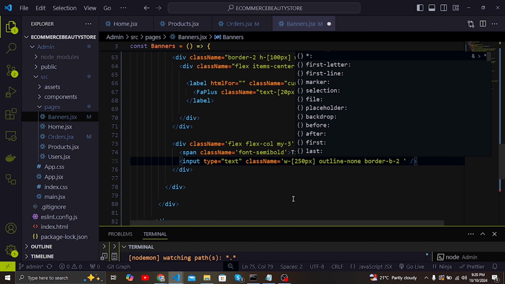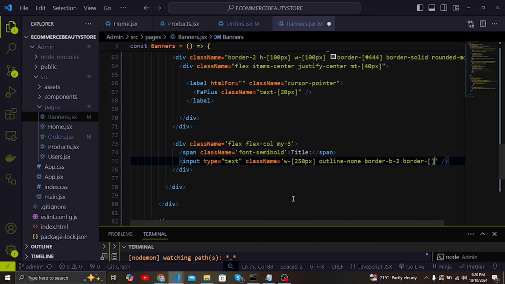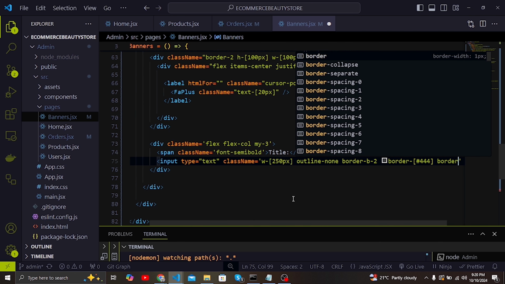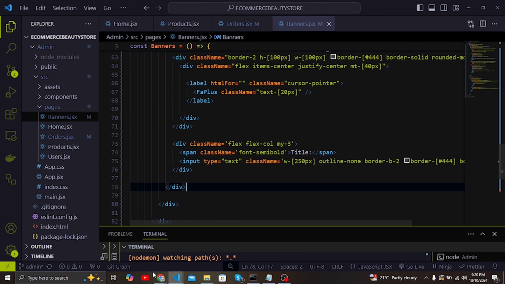And also I can give the color of that border. So I'm going to give a variation of gray. Like that. And then I'm going to call it border solid. So if I save this and then come back here,